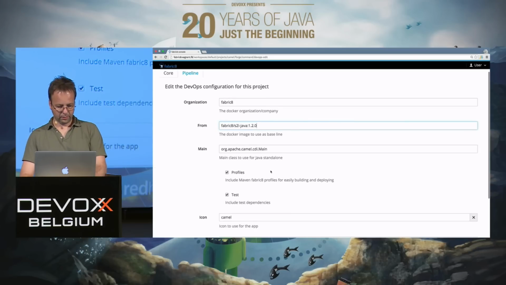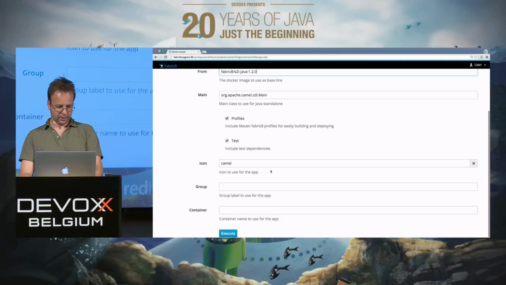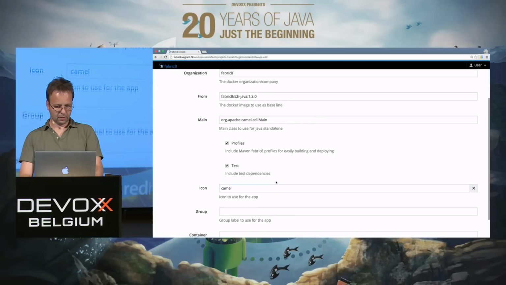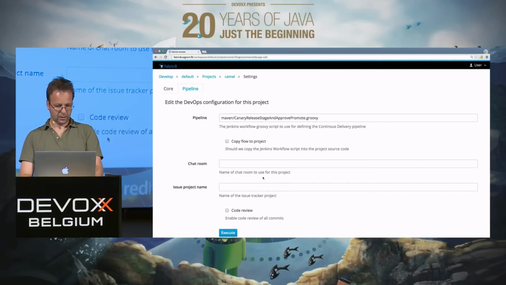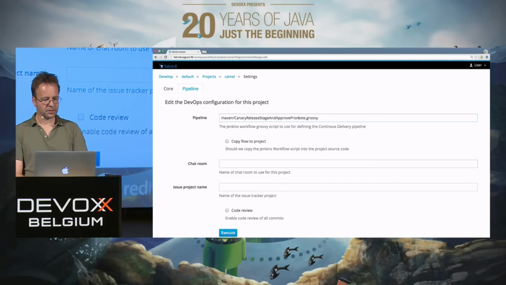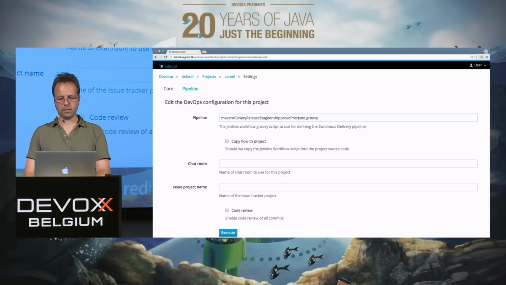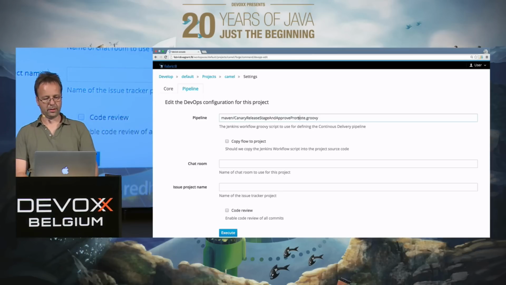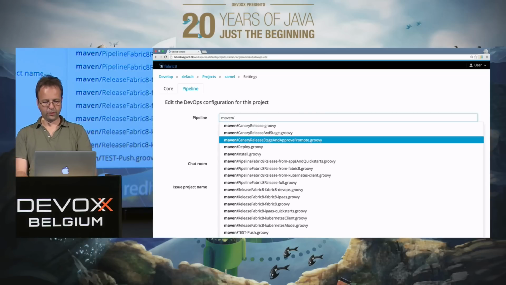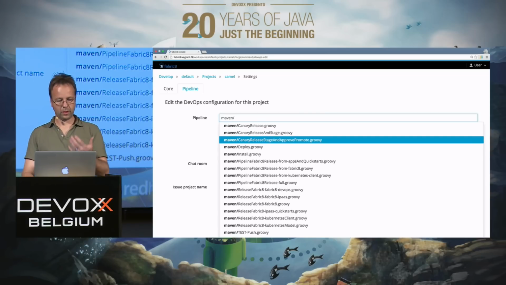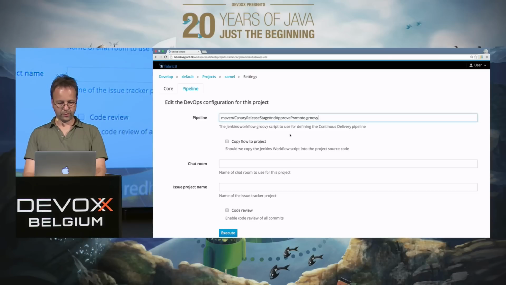You can add some other parameters. You can give it an icon and so forth. So now let's create. Okay. In the final step, you now select this Jenkins workflow thing. So you can select from a lot of predefined build scripts or Jenkins DSL, so for our example, we're using that one.